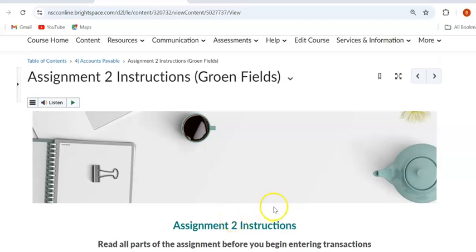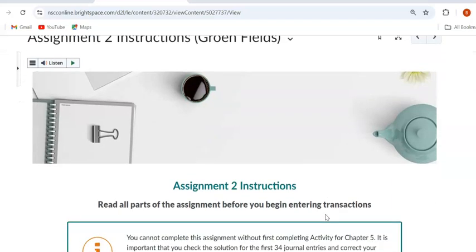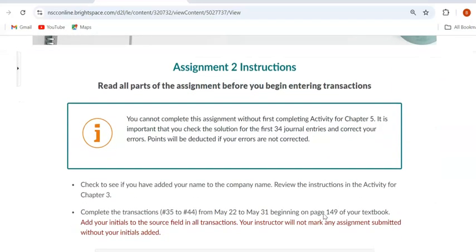Hi everyone, Beth here. Here we're going to go over the solution for assignment 2 for Grow and Field, which was accounts payable. Okay, so for assignment 2, the first thing we needed to do was complete the activity for